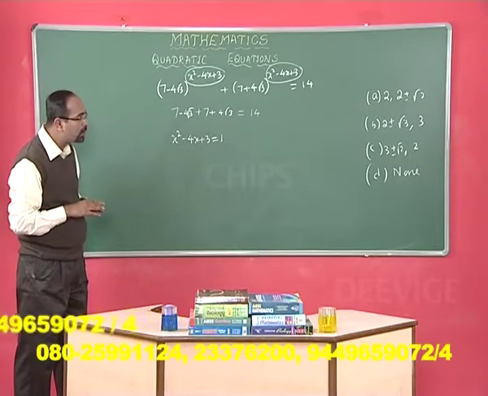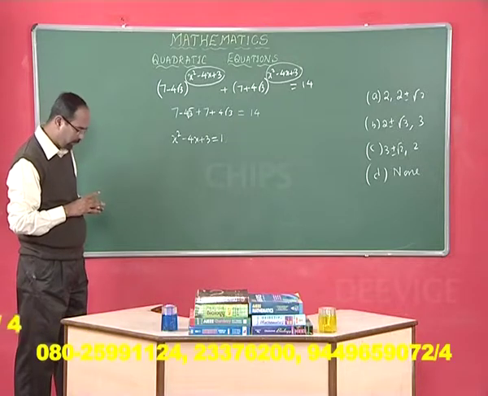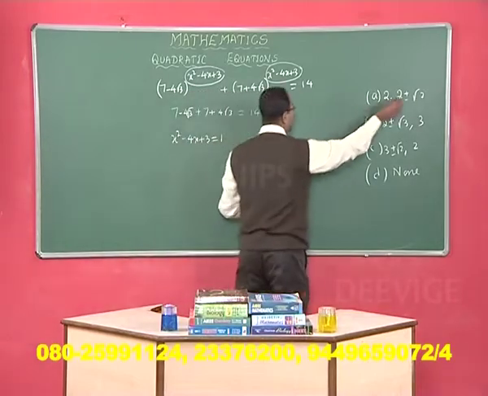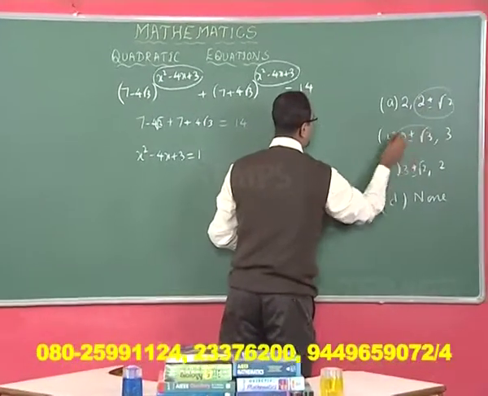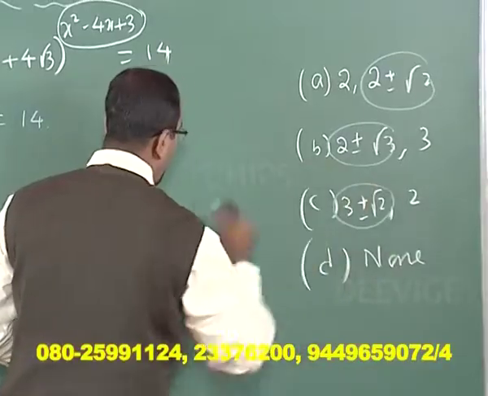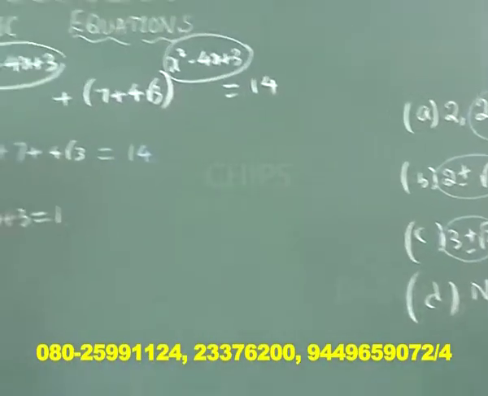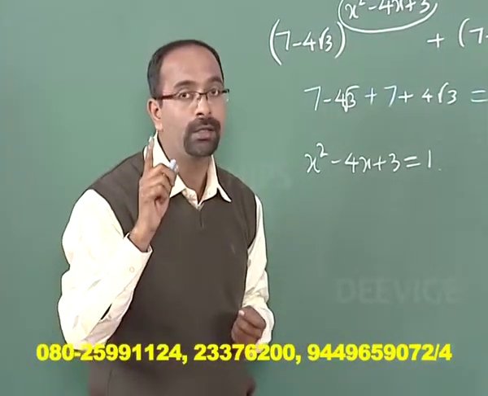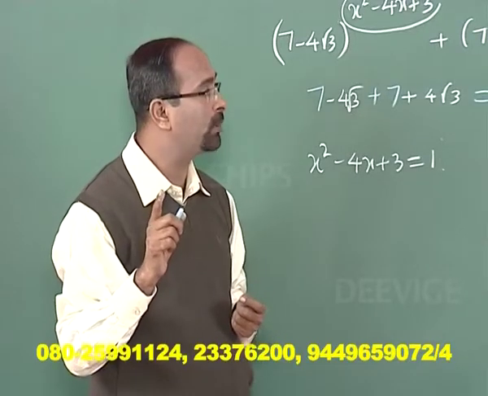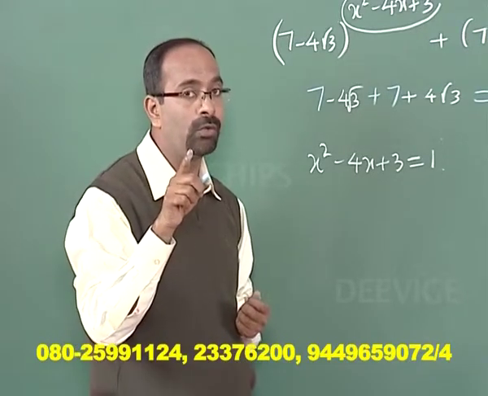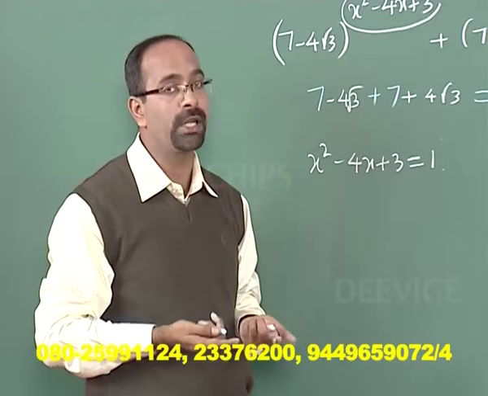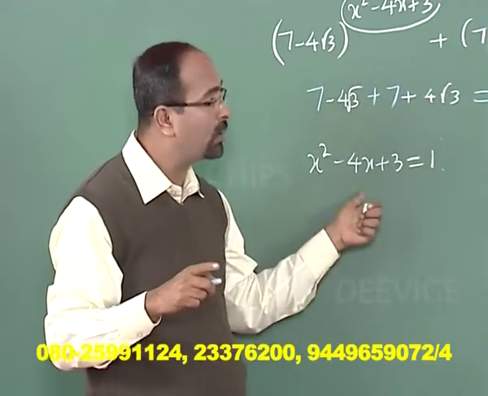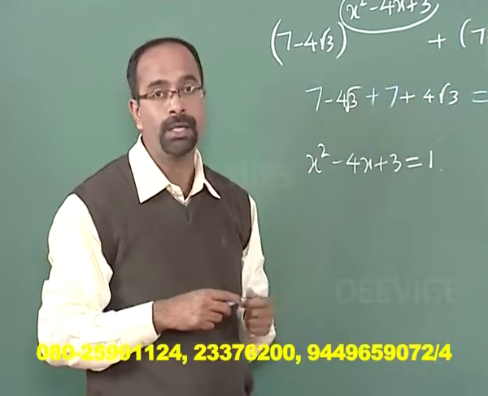Now the question is, which among these four are correct? Here each option has one pair of irrational roots and another one rational root. Now if it is true for an irrational root, it must be true for the rational root provided along with them. That means if option A is correct, 2 must satisfy that. Rather, if 2 satisfies this equation, either A or C must be correct.